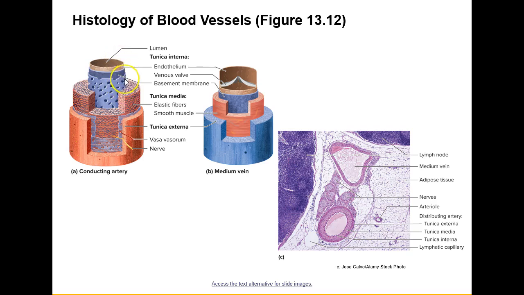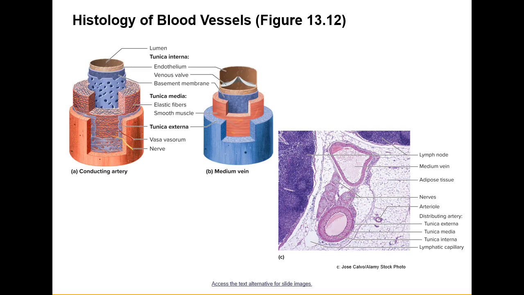Now, outside of that tunica interna, we then have what's called the tunica media. The tunica media is made of smooth muscle primarily, and you'll notice that it's much thicker in arteries than it is in veins. You'll also notice that in the arteries we have some elastic fibers mixed with those smooth muscle cells. Now, the reason that there are elastic fibers present in the arteries and that the muscle layer is much thicker in the arteries than it is in veins is because blood is being pumped out of the heart into